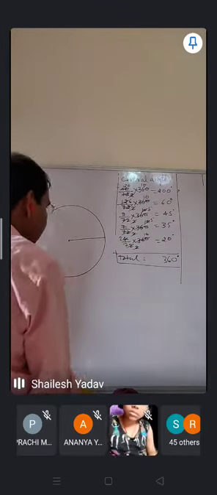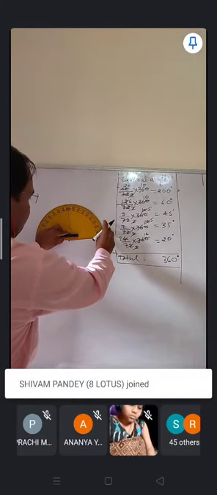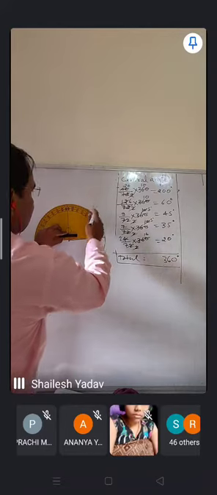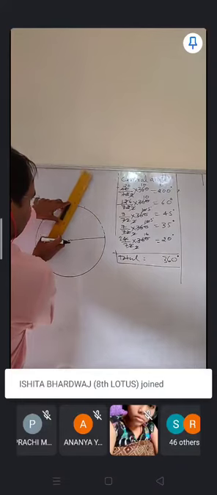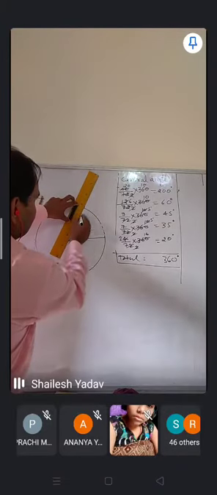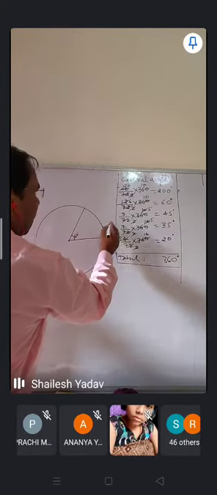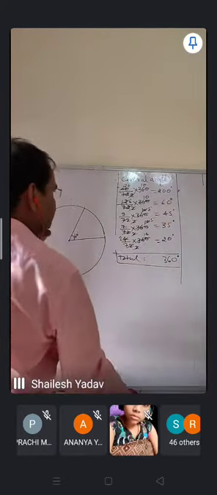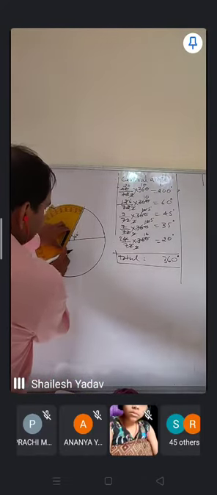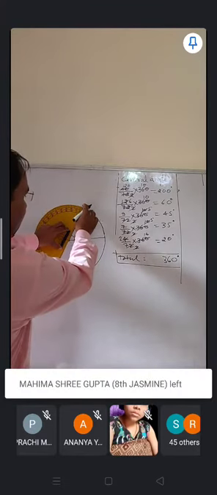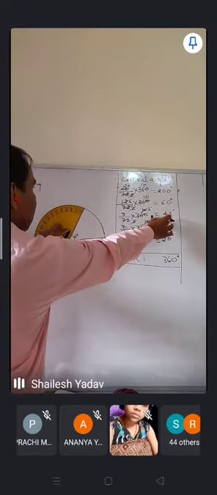So here it is 60 degree. You will put the protractor like this, and whatever the angle is there, that is 60 degree. So you need to draw the 60 degree. I am going to mark it, and again I will use the scale to join this. So I have drawn this angle, it is 60 degree. Next angle is 45 degree. Again you take the protractor and keep it here. Whatever new line you have drawn, on that you need to put the protractor, and after that the next angle is 45 degrees.